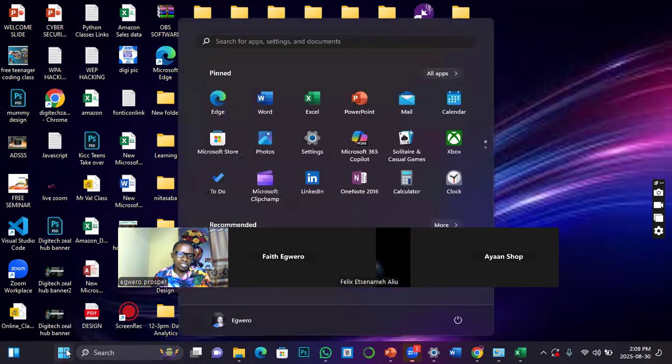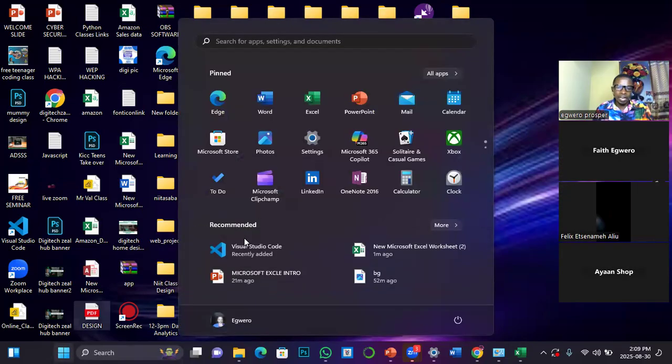You click on the Start button, and then you have a dialog box like this prompted out. Now, this dialog box captures the recently used applications. So if Microsoft Excel happens to be one of the recently used applications, there is no need for you to use a keyword to search it out or expand the application list.